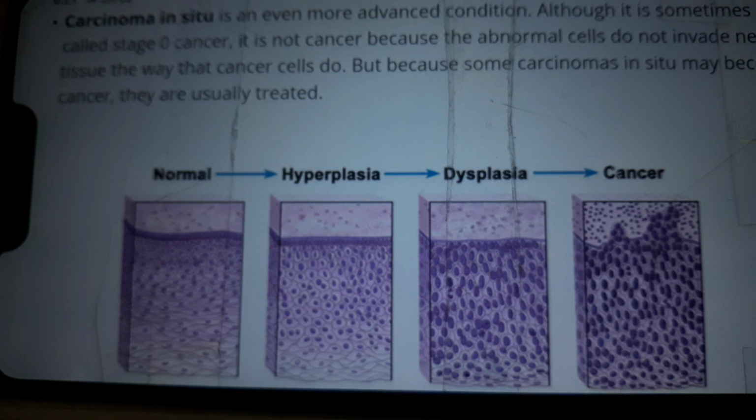Carcinoma in situ is an even more advanced condition. Although it is sometimes called stage 0 cancer, it is not cancer because abnormal cells do not invade nearby